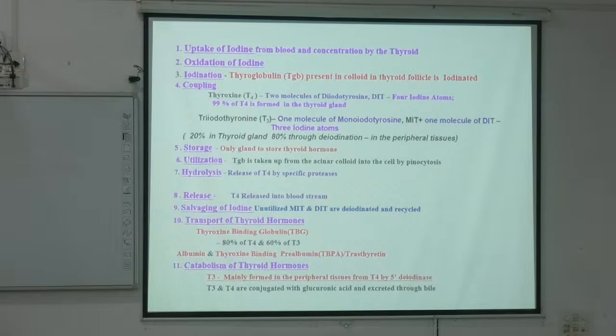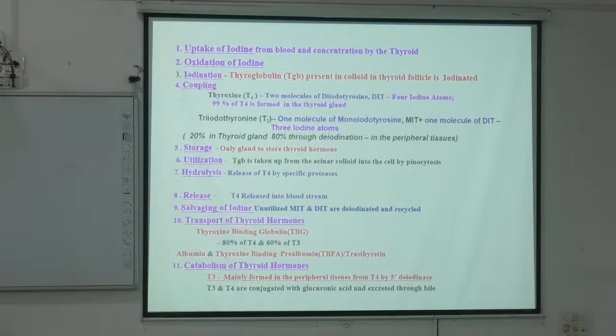Iodine is present as iodide, it needs to be oxidized to elemental iodine, and then iodination of the thyroglobulin present in the thyroid follicle, and then there will be formation of monoiodotyrosine and diiodotyrosine, and then the coupling reaction, then that will be stored in the thyroid, and then it will be